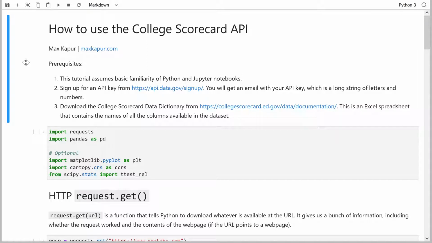Hello, today I will be showing you how to access the College Scorecard API using Python. This is a really excellent data set containing information about colleges, universities, and vocational programs in the United States. It's put out by the US government, and I thought it would be helpful to have a tutorial that shows you from start to finish how to get information from this database and do a little bit of data